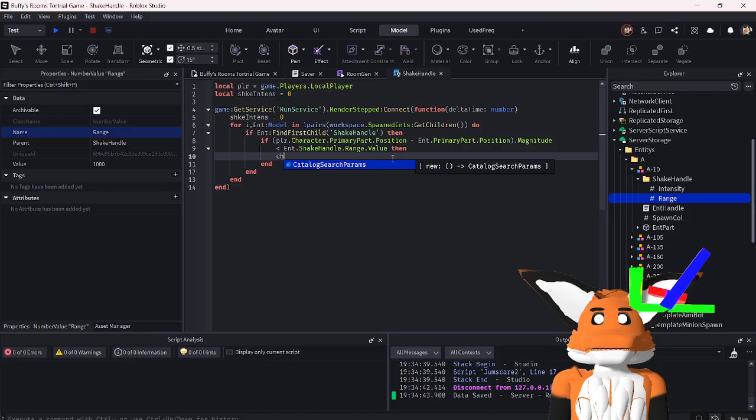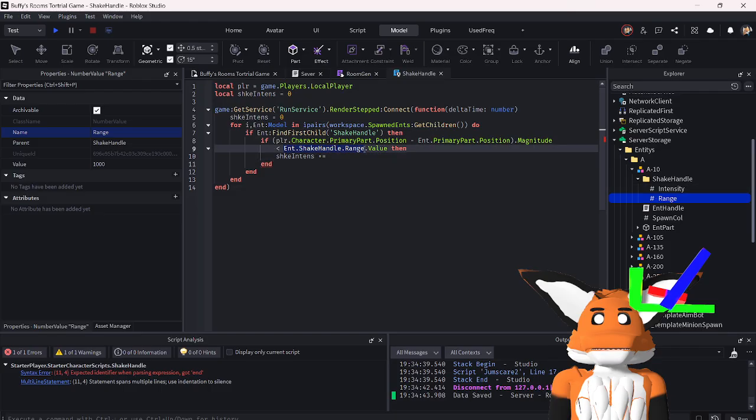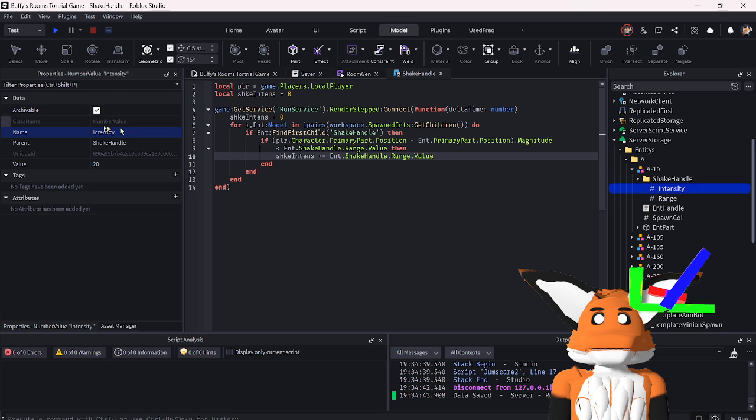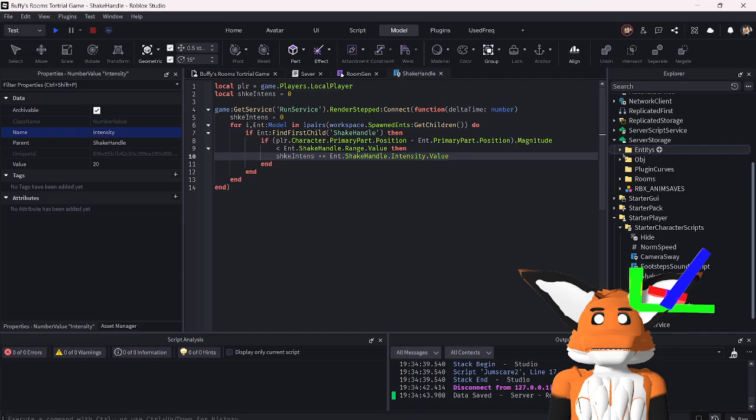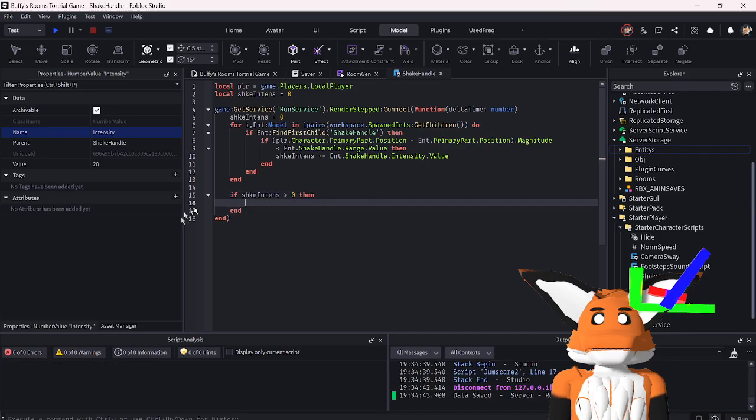Going to shake intense plus equal int dot shake handle dot intensity dot value. And then we can do, if shake intense is greater than 0, then we can do,